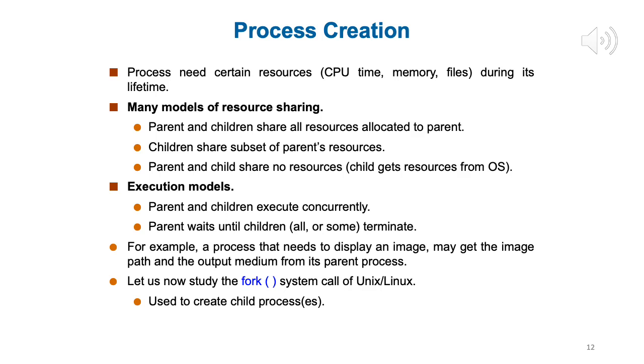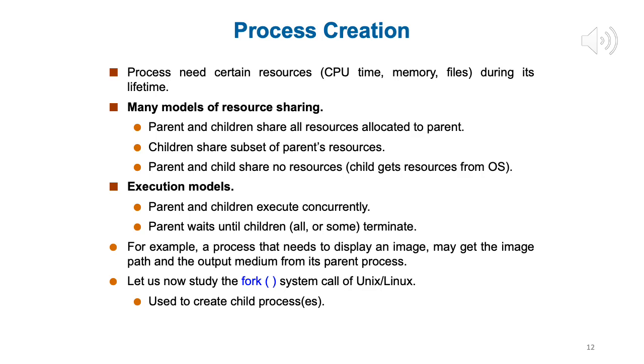So if you have a parent process and the parent process gives birth to a child process, right? Now both are active. So what kind of execution model do we go for? Do both the parent and child execute concurrently, right, at the same time, or does a parent wait until the child terminates, right? So if you have a terminal running and if you open an Emacs process on that, now when you want to get out of the terminal, do you wait for the Emacs to complete or not? Right.